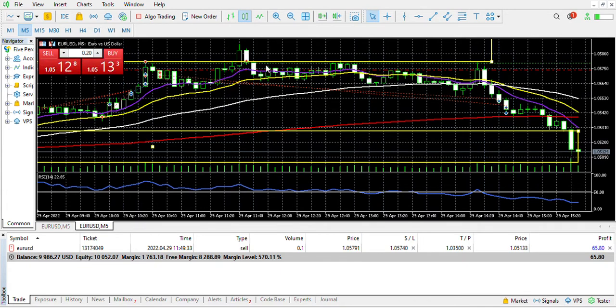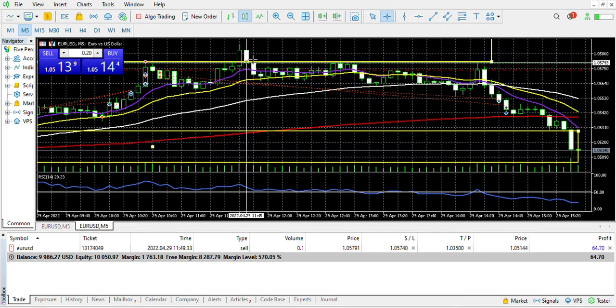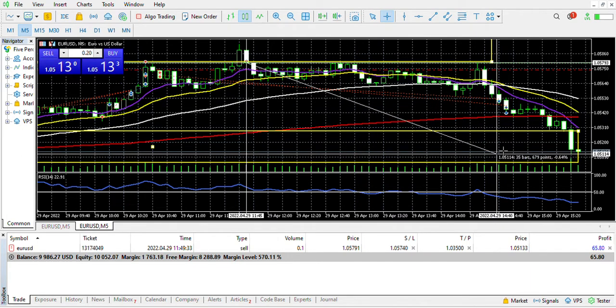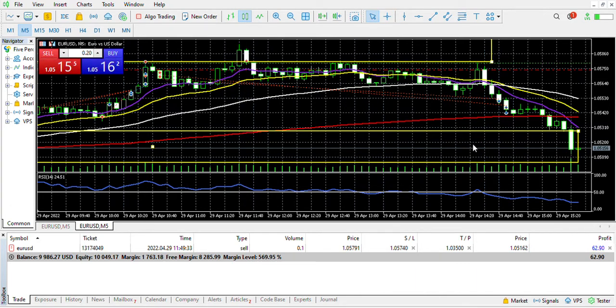So my entry is all the way up here. I caught the entry right at the top there of that candle at 79, and as you can see, I'm about 60. I've got about 67 pips there. That's a 67 pip move. I mean, if I left, say, 5-1 there, that would be 125, over £250 there. And I did have 5-1, but again, I'm not in the habit of just leaving things